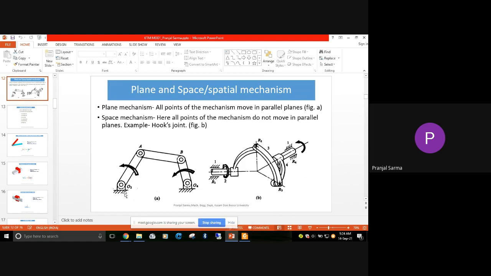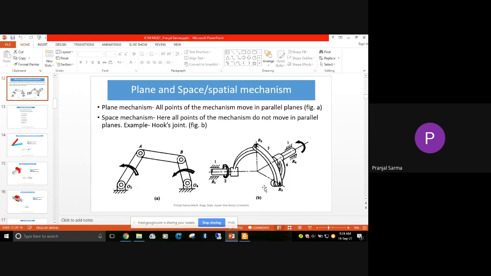So now whenever this kind of situation arises, that all the points on the mechanism are moving on parallel planes, let's consider any point on this link, or maybe another point on this link, or maybe on the other link. Whenever there is relative motion between them, they will be moving in parallel planes. But now, if you think of the right hand side mechanism, that is nothing but an example of Hooke's